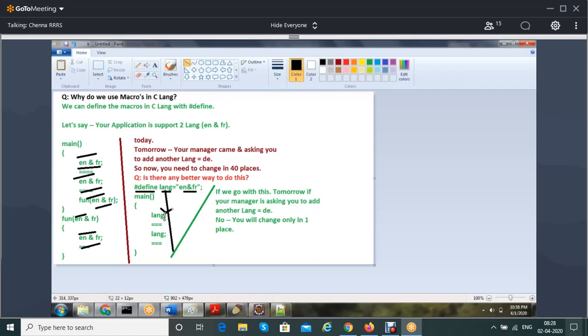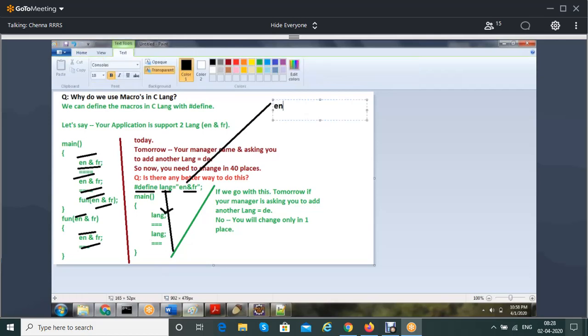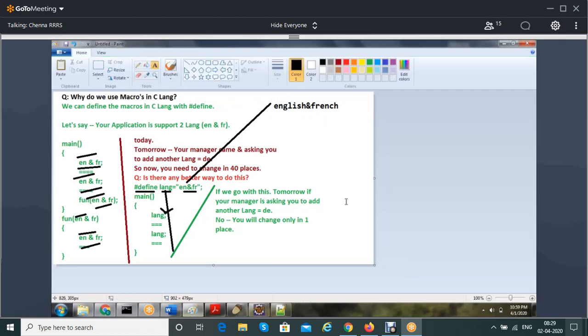That variable means EN and FR. Tomorrow your manager comes and says, why did you use EN and FR? Please use full names. Then you can simply come to this place and modify it to ENGLISH and FRENCH. That's it. Only one place you change it. That is the biggest advantage with the macro.